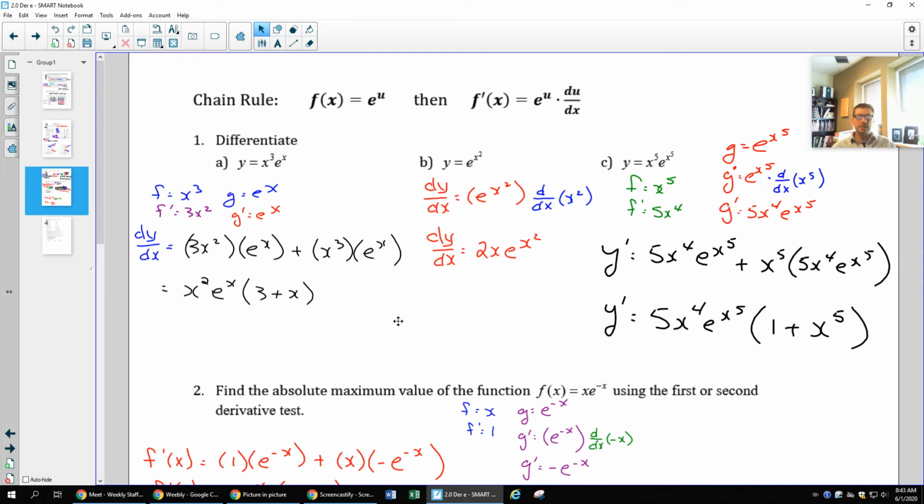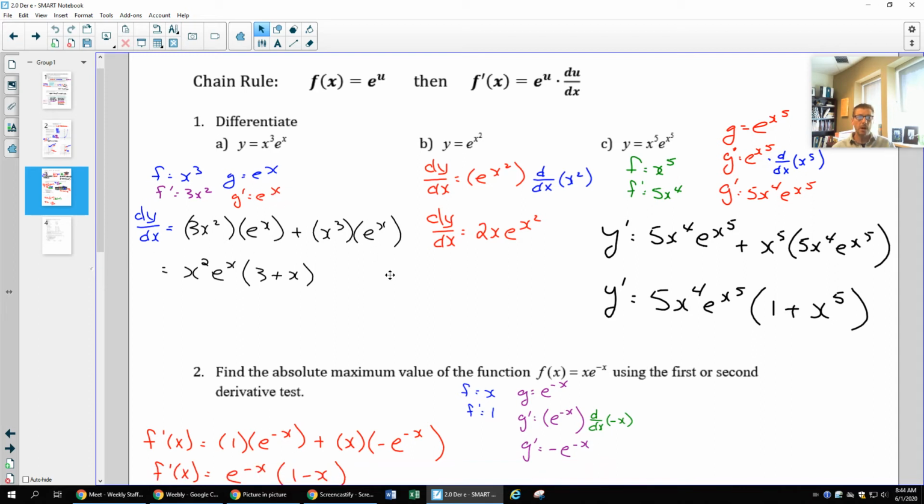So our examples demonstrate that we are always going to have some layers with our e to the x. Product rule, first function is x cubed, second function is e to the x. Derivative of x cubed, 3x squared. Derivative of e to the x, e to the x, right? There's nothing else to that. Multiply out your product rule, and then you can see you got 3x squared e to the x plus x cubed e to the x, and then what we're really going to look for is what do you have for common factoring skills. All right, so x squared is in both terms, e to the x is in both terms,